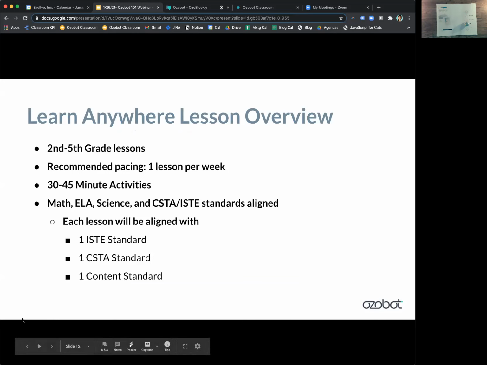Perfect. Thank you. Yeah, so when COVID began, we launched our development of our Learn Anywhere lessons. We know that COVID has just turned education upside down. Everyone's in a different scenario. Some are in person, some are hybrid, some are remote. Even within those models, it looks different for everybody. So our team was tasked with creating tools that were most helpful for all teachers, no matter what their circumstances.